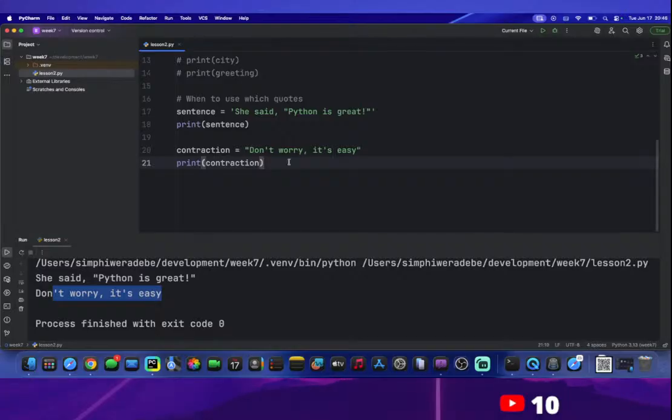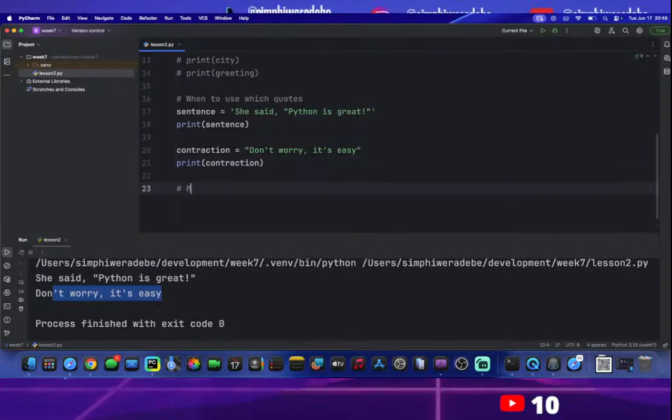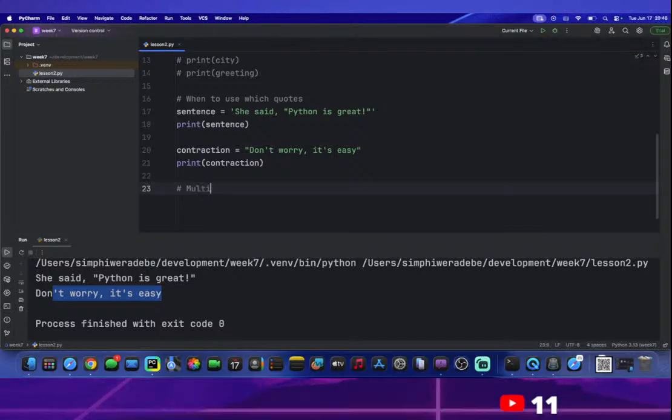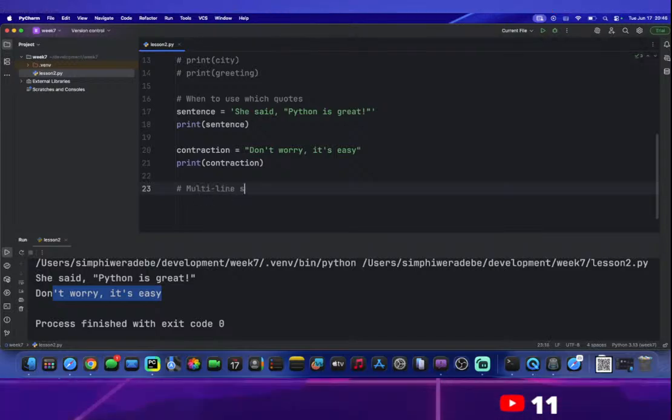But cool. If there are no questions, let's move on to the next part. This is multi-line strings. So when do we use